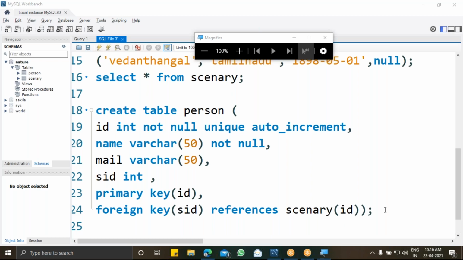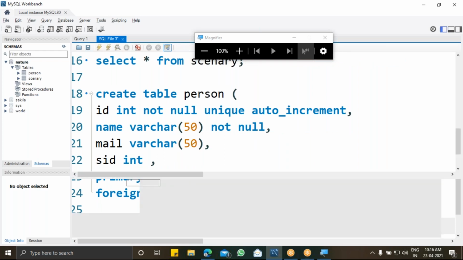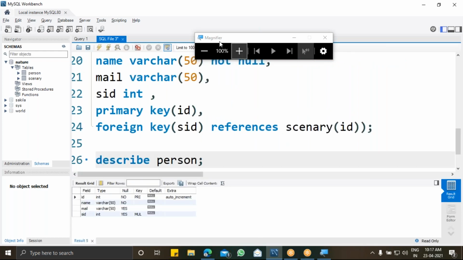Okay, so now I'm going to use the command describe person, which will describe the table. Here we can see this ID is going to be integer, it is not allowing null, it is a primary constraint.